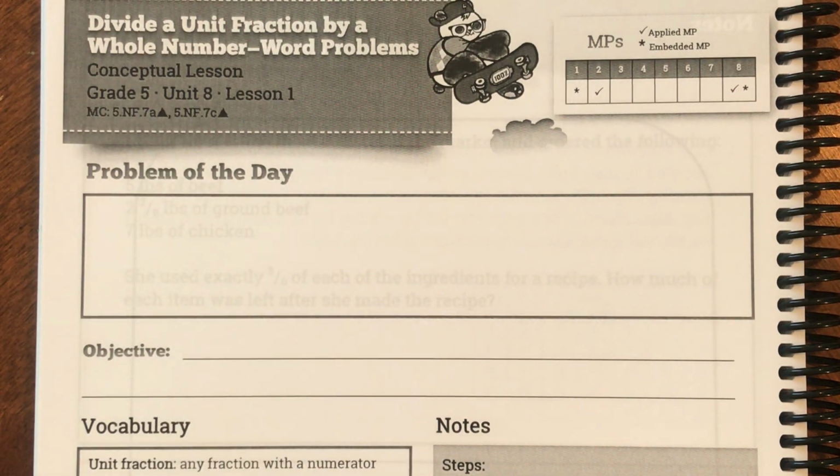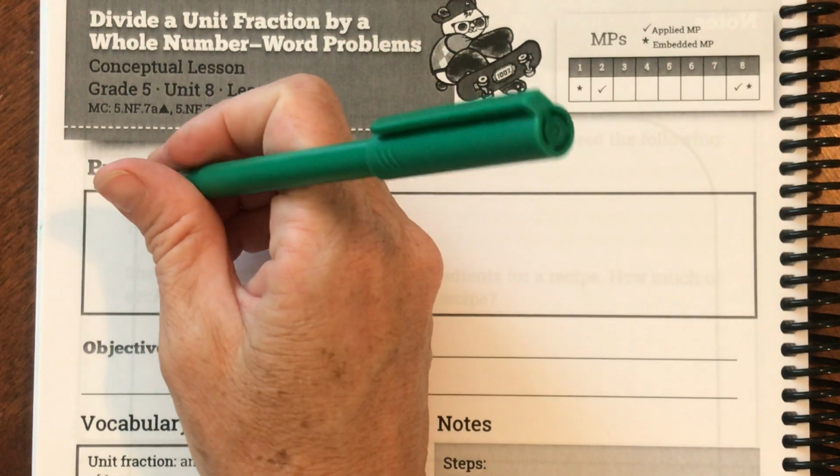So what's going to happen is we're going to be just doing a lot of problems together. I'm only going to do a few examples for you. Okay, so our objective and goal we'll do as soon as we do our problem of the day. We are still going to be practicing multiplying decimals because this is a really important concept. Okay, so our first problem is